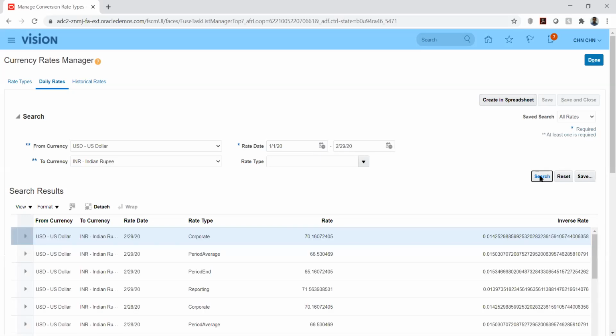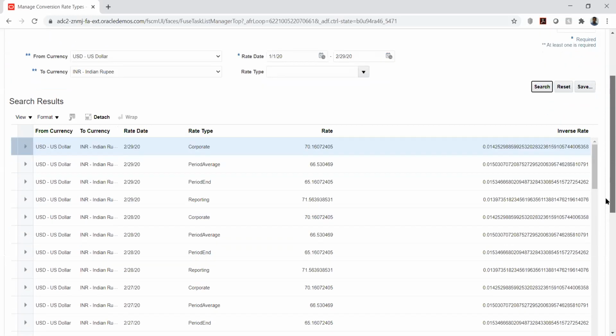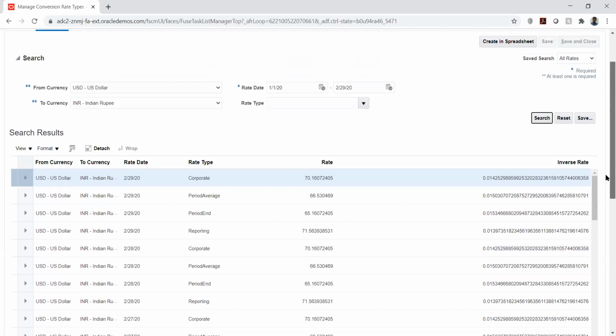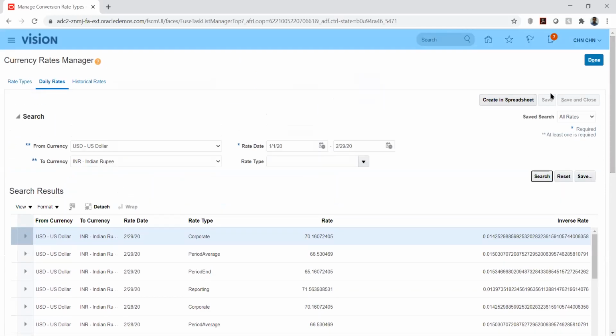Since it is already defined for most of the rate types, maybe we can avoid this, but this is the way that we will add the rates. Yeah, and can you try to delete one rate? Yeah, sure.